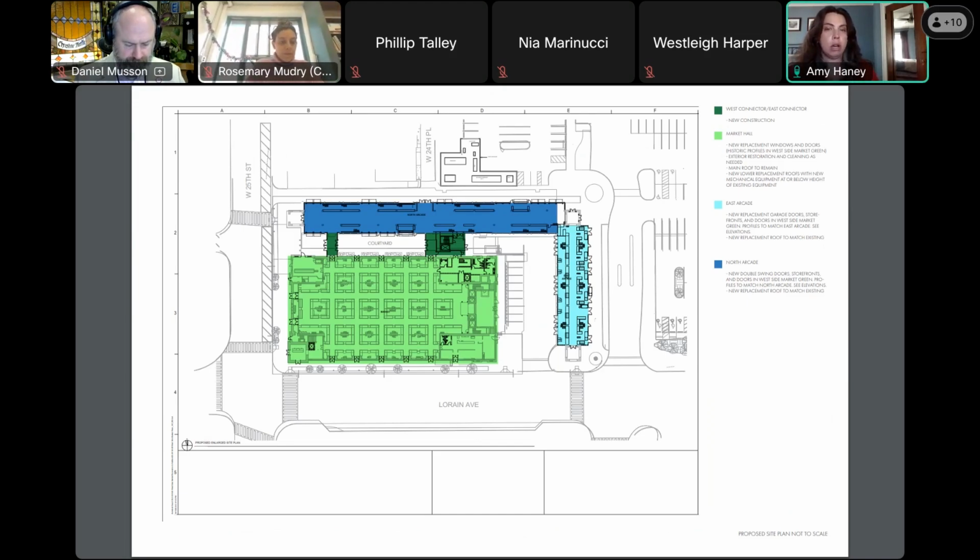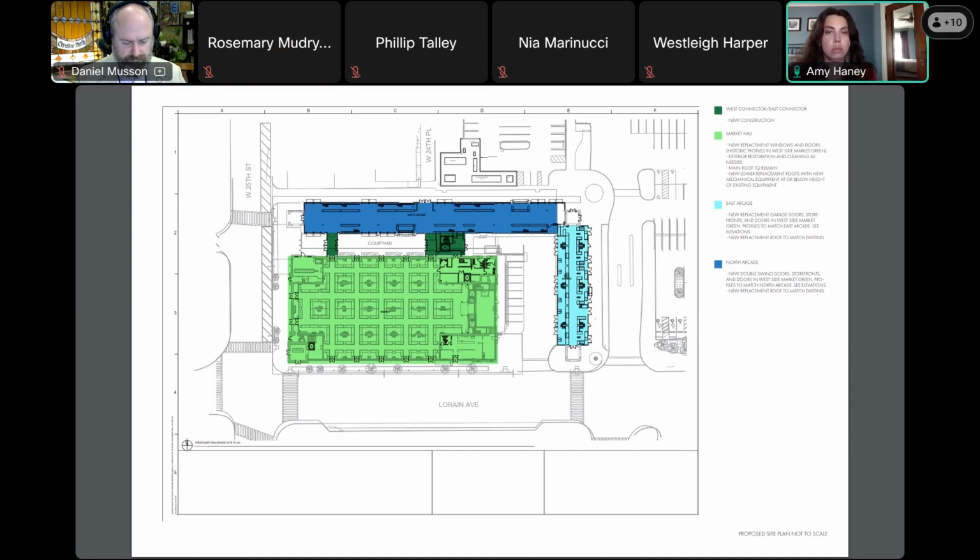There will be two bar vendors here, and then seating on the inside. That will be receiving new storefronts and new garage doors, and also new man doors, in the same West Side Market green and profiles to generally match the existing garage doors that are there. The East Arcade will then become the produce vendor stalls.